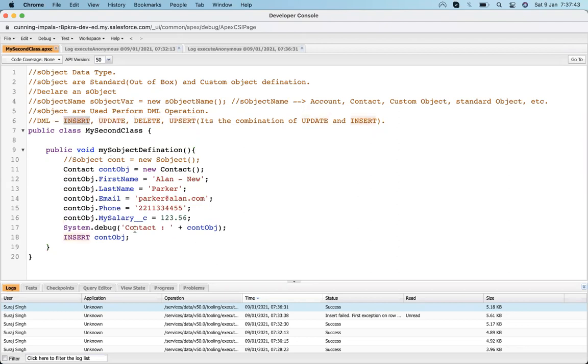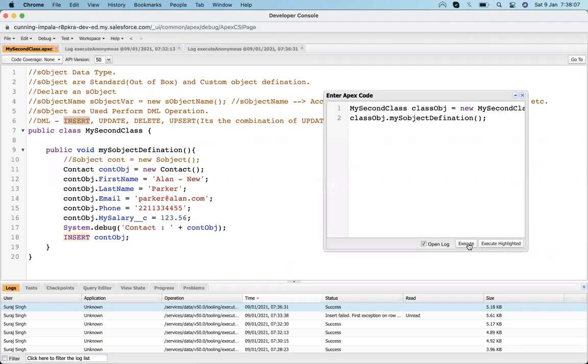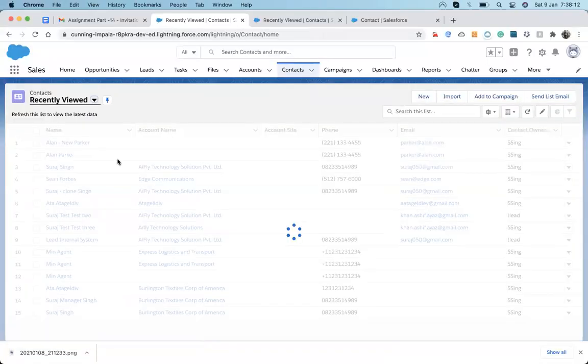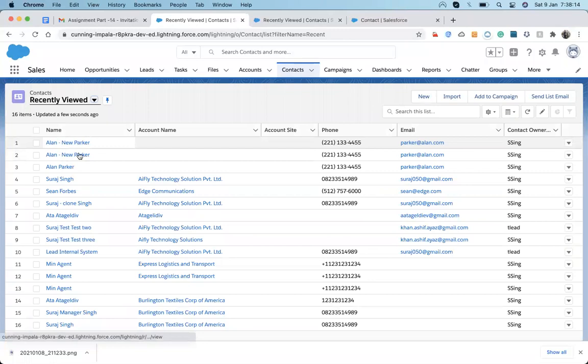Okay, thank you. There's one more question. Sorry, we asked too many. If we call this method again, should the name be unique or not? Like how will a new record be created? There is nothing, same name. Yes, it will create a record with the same name. Let me show you. I will execute it. It will create a new record with the same name. Okay. Got it. Thank you.